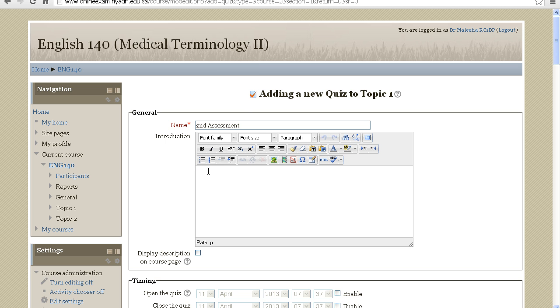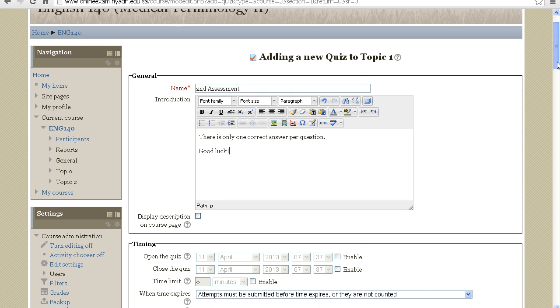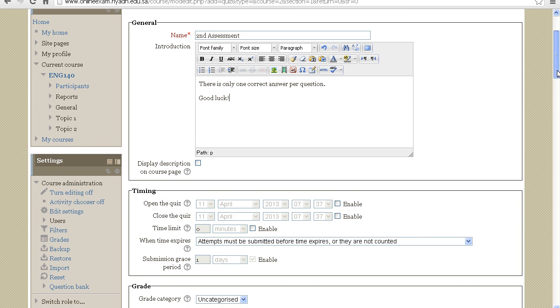The name of the course director will also already show. So any additional information I'd like to add for the benefit of the student. For example, there's only 1 correct answer per question. Maybe I'd like to remind them of that, or I'd like to wish them luck on their exam. I can go ahead and add as much information as I'd like, for example, the topics included or the duration of the exam. Now, once I've entered what I'd like the students to see as the introduction of the exam,